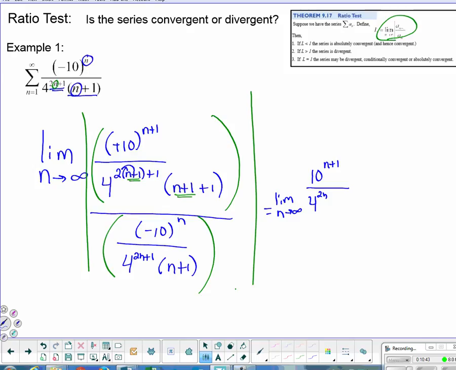What I'm doing here is in my mind I'm distributing 2n plus 2 plus 1, so a 2n plus 3. And then times an n plus 2, simplifying right there. Now, you've heard it over and over again. Dividing by a fraction is like multiplying by its reciprocal. So in this case, we want to multiply by the reciprocal of this denominator. 4 to the 2n plus 1 times an n plus 1 over